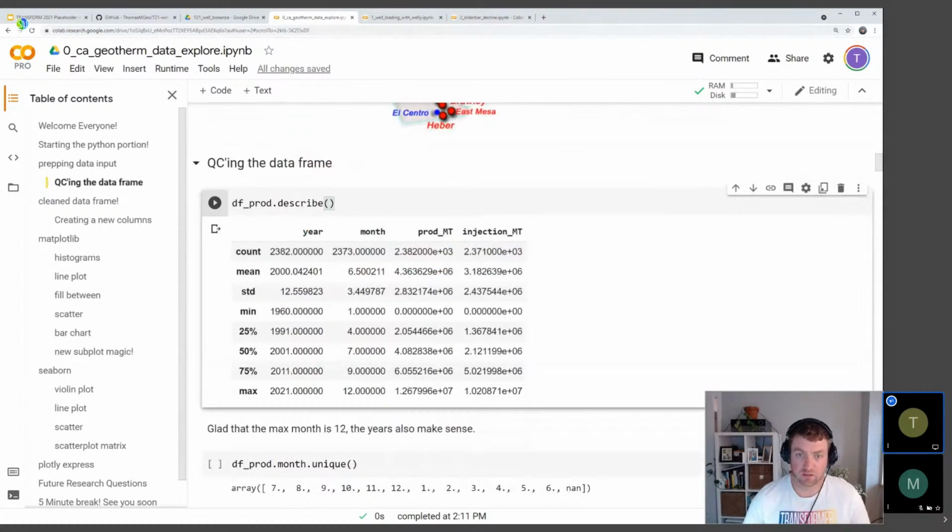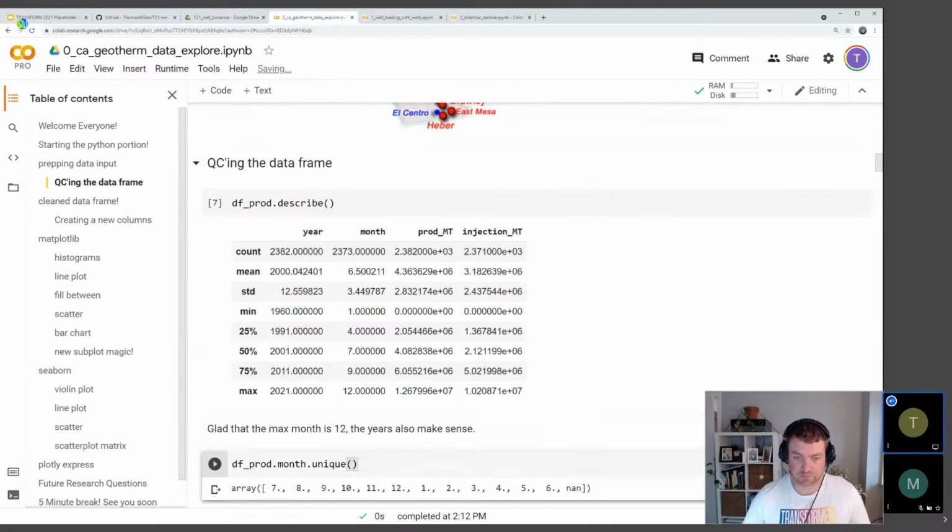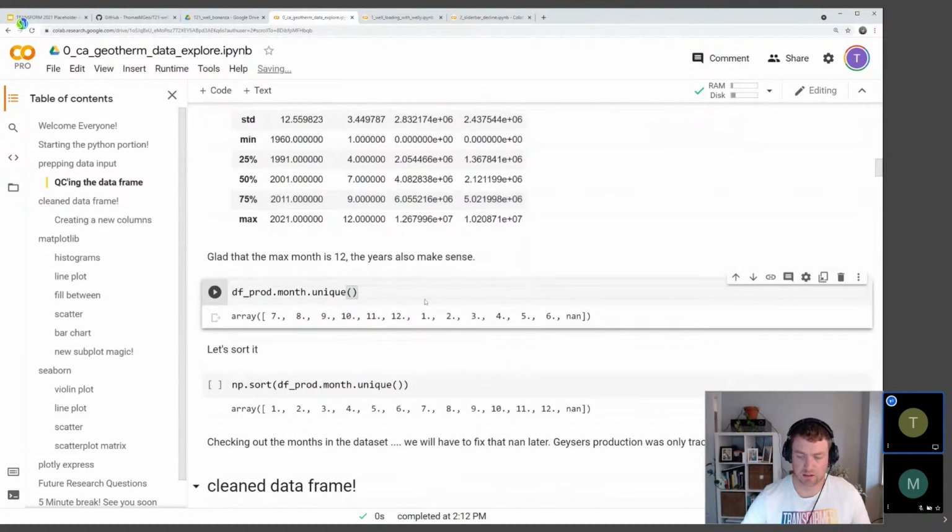And so now from that messy loop, we have this data frame underscore production. We're going to get a count of years, months, and then the production for every month for these geothermal wells is measured in metric tons. And so this is a fair amount at the field scale. This is a fair amount of water that they're pulling out of the ground, and also that they're pushing back into the ground. Just for some more QC, I just want to look at the month